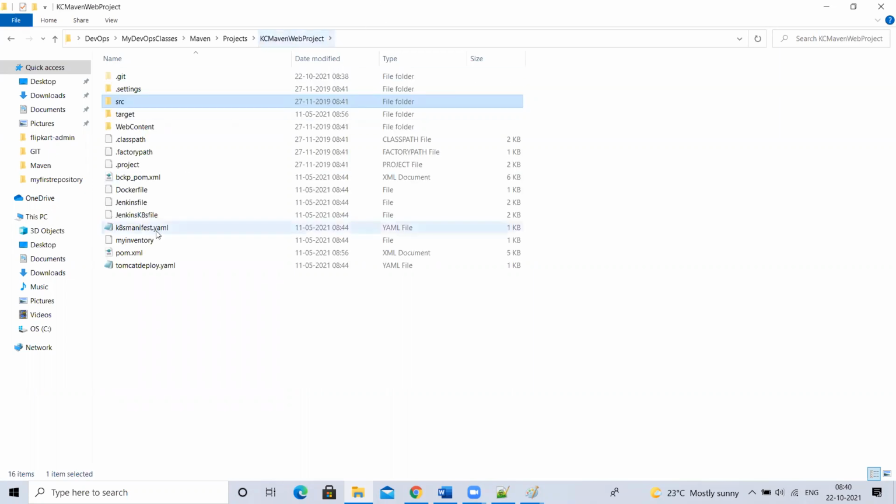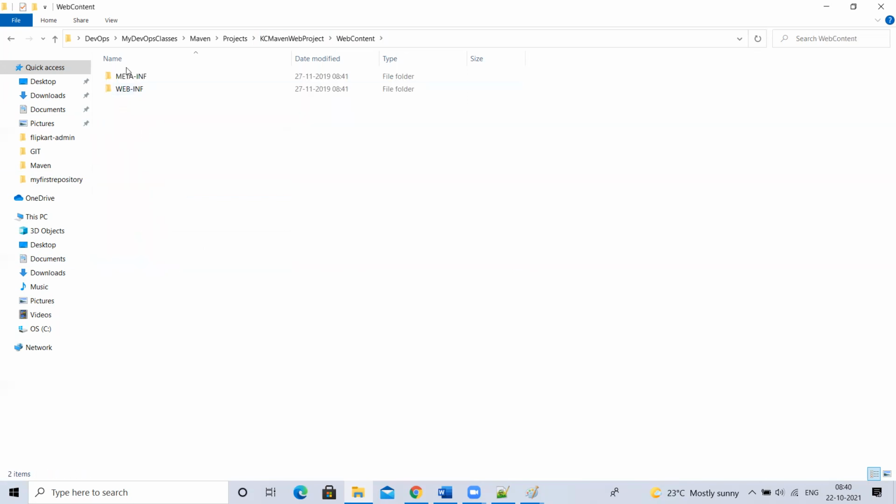Now, let me explain about pom.xml. So this is my Maven project, right? Who created this? Developers using a tool. When they right click and give the name of the project like this, it automatically creates all this structure, web apps, target, SRC, everything it is going to create. So now let me get into web apps and I'll show you here. There is something called web.xml. This is called the deployment descriptor. This is related to developers and we use this for deployment purposes. I'll talk about this later.